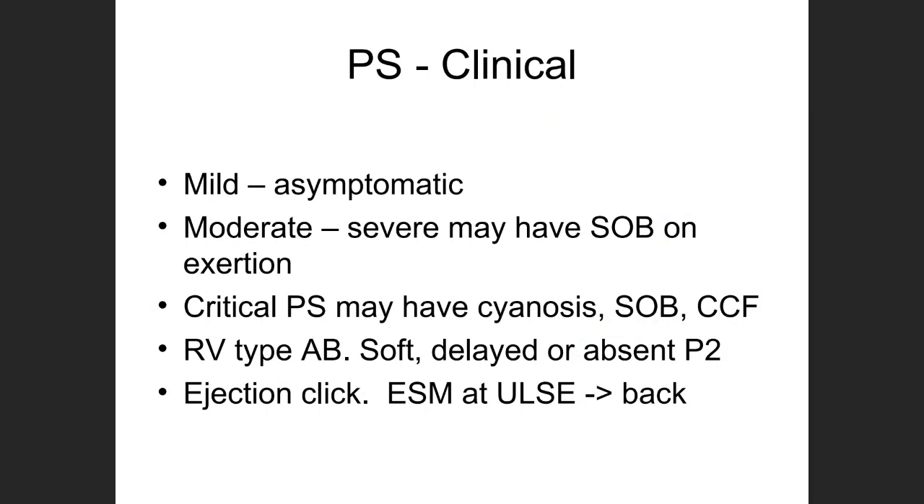Once again, if the defect is mild, the patient is asymptomatic. A mild defect is when there is a gradient of 20 or less across the area of obstruction. In patients with moderate to severe pulmonary stenosis, they may have shortness of breath on exertion. And in the case of critical or severe pulmonary stenosis, when the gradient exceeds 60 millimeters of mercury, the patients